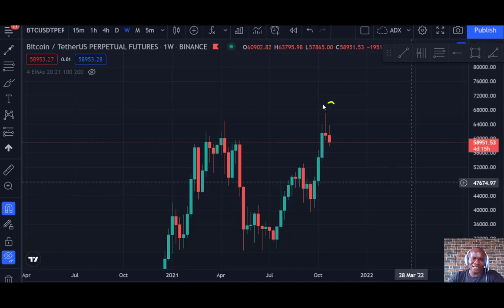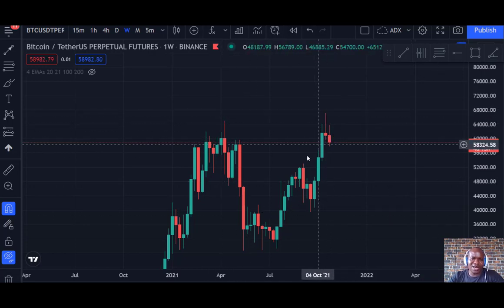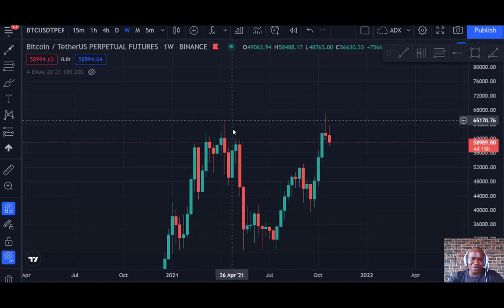You can see that this candle did not close bullish on the weekly. In fact, this is a negative scenario, a bearish scenario trigger. This is a trigger for bearish season. So breaking the all-time high doesn't really mean much, so we don't pay attention to price levels. What we pay attention to is the price action. Price action is different from price levels.